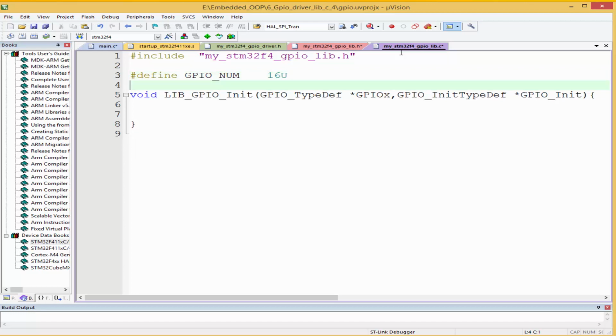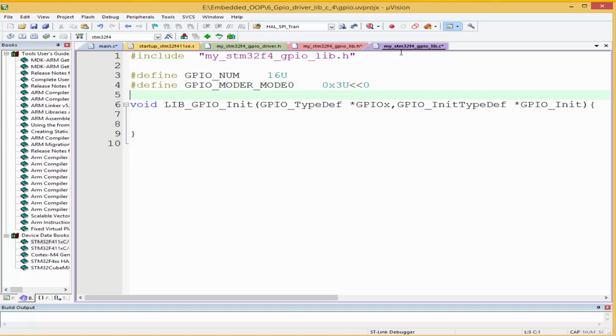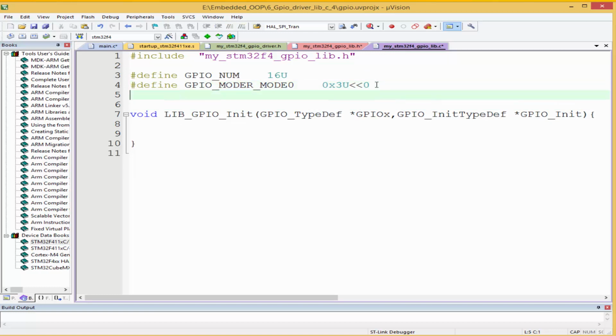Also, I'm going to define mode 0. I'll say define, and then I'll come over here, GPIO_MODE_REGISTER_MODE_0, and this will be equal to 0x3u, and then shift to position 0. Okay, and then I'm going to say define, sorry about that, I'm going to say define